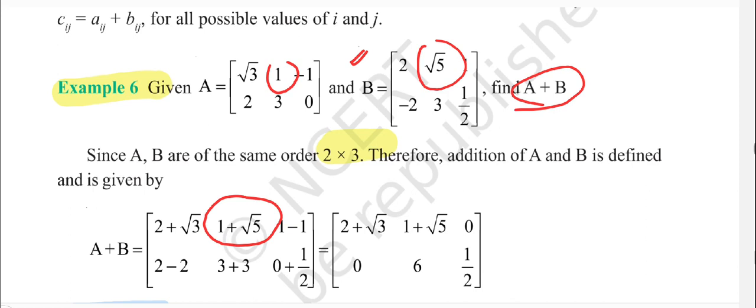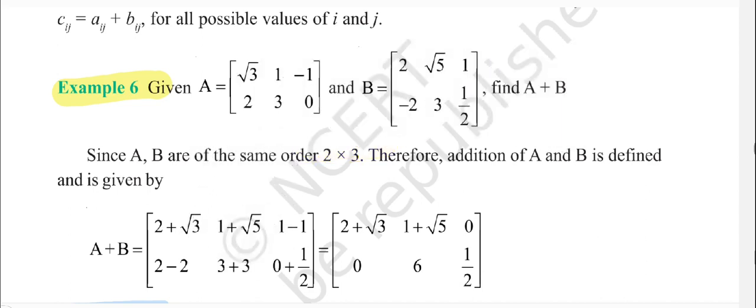So what we are basically trying to do is first check whether the two matrices which we are asked to add have the same order or not. If they have the same order, then we can simply add them. If they do not have the same order, then the addition is not even defined in that case. For the case in which the two matrices have the same order, we will add the corresponding entries. What are the corresponding entries here? Let me again explain.